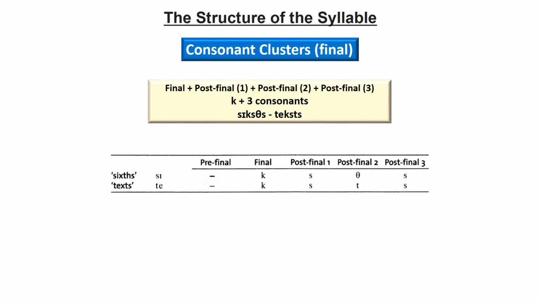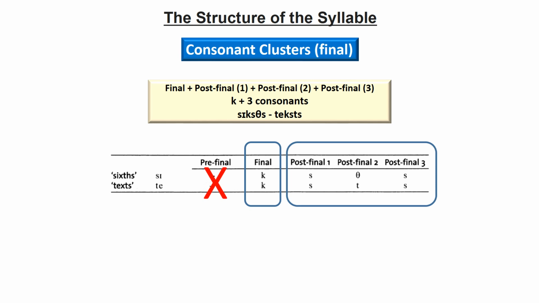In a few exceptional cases, a different analysis is necessary to understand the structure of certain four consonant clusters. These clusters appear to consist of a final consonant without a pre-final consonant, followed by three consecutive post-final consonants. The structure of these unusual four consonant clusters can be represented as final consonant, plus post-final 1, plus post-final 2